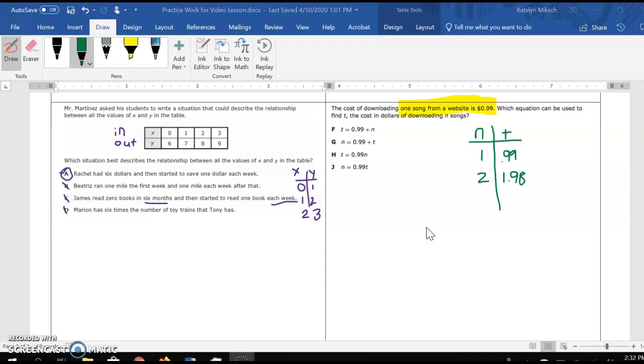Okay, so what I've started doing is a strategy that you can do. The important information here is that 1 song is going to cost 99 cents. So with that, I started creating a table. N is the number of songs, and it tells you that. T is the cost. So we know that if we do 1 song, it's going to cost us 99 cents. Everybody can figure that part out. So let's just use that to look at our equations. So if we look at F, the total cost equals 99 cents plus N, the number of songs. So if I have 1 song, that would be my N. The total we know is going to be 99 cents, but if we do the math that they're telling us to do, 99 cents plus